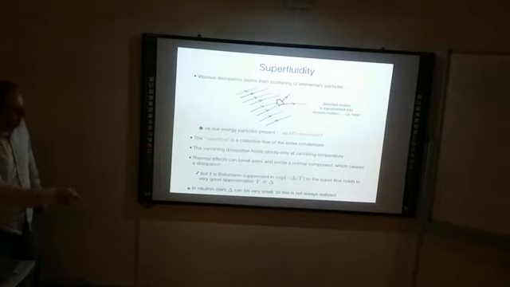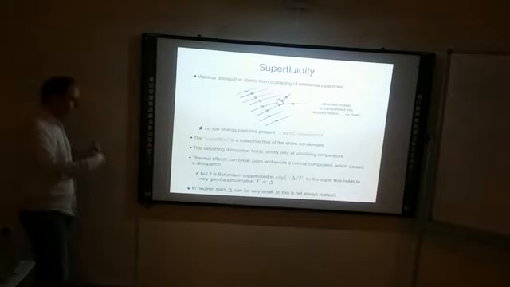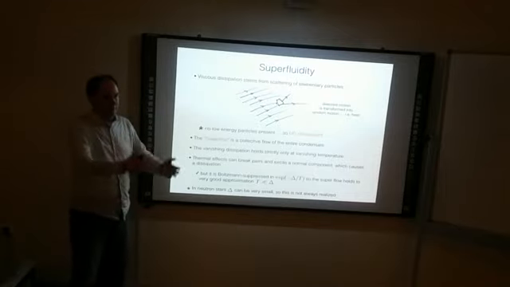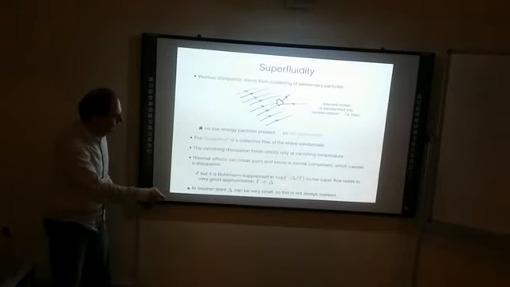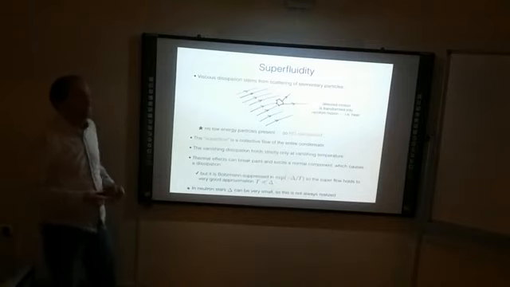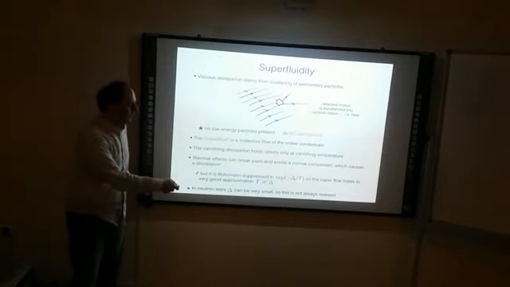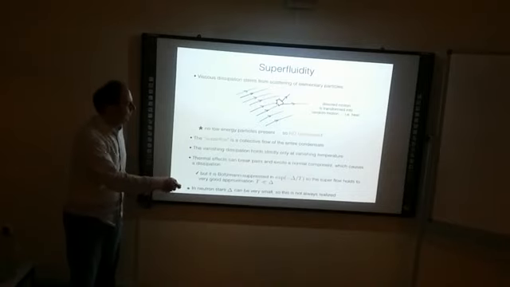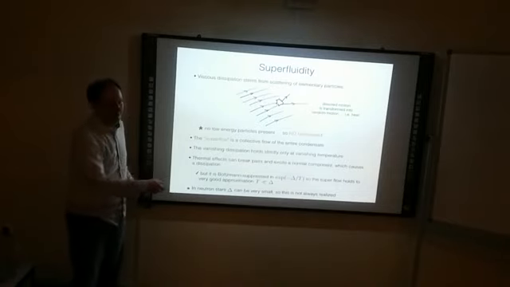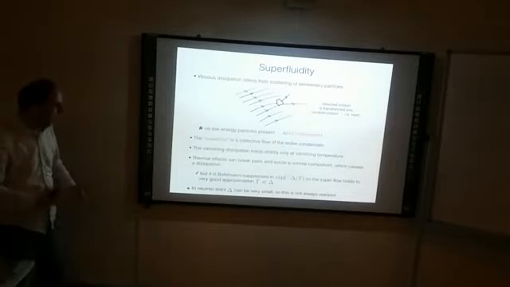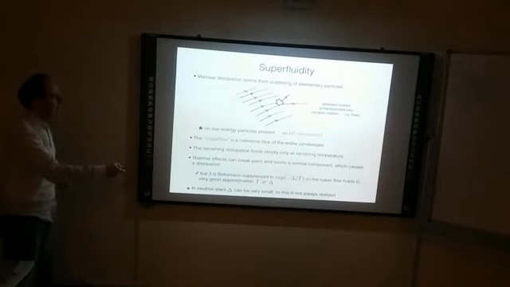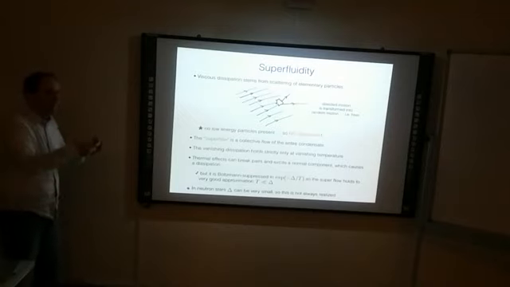That means due to this pair breaking, you would have some ordinary component on top of the superfluid, but this component is suppressed in the gap over the temperature in this exponential way here. And that means if the temperature is very small, this factor here is arbitrarily small. That means at low temperatures, the superfluid really behaves basically as a perfect superfluid where you don't have any dissipation whatsoever. But if you start to heat it, it becomes more and more normal again.